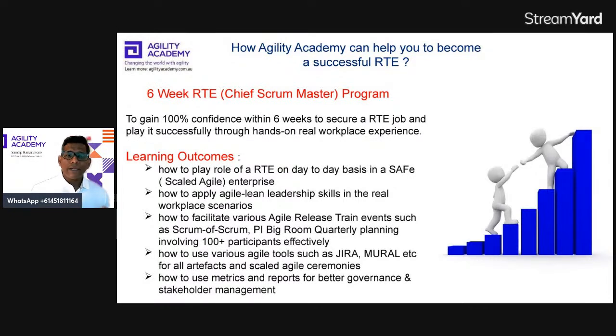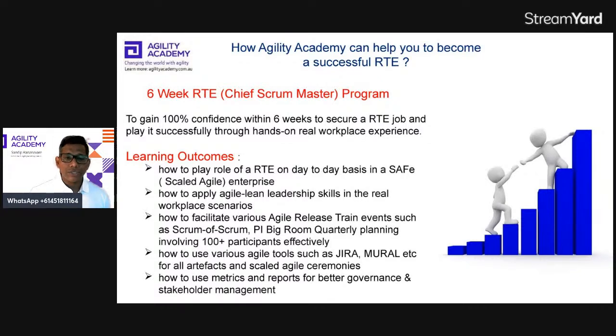Then how to use various tools which are used in the industry. That's the key competitive advantage, I would say, of this particular program, where you will experience how things are done on the ground. It's not just looking at, okay, these are the tools or these are the ways through which you can do it. No, you'll dig deeper, you'll get your hands dirty,